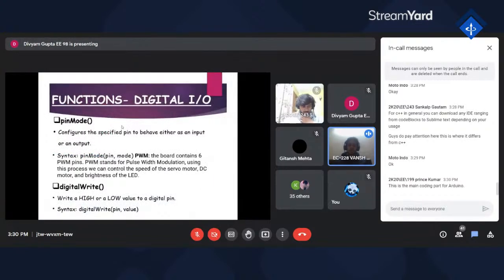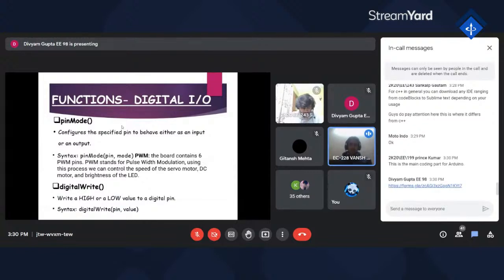राइट, तो सबसे जो बेसिक चीज होती है ना वो है पिन मोड. अब like you have to go and perform a certain function on a particular pin, but you don't know whether it's input or output. So what you do, you simply go in the pin mode command, and with the help of pin mode command, you simply tell that we are using this pin as my input and using this pin as my output.